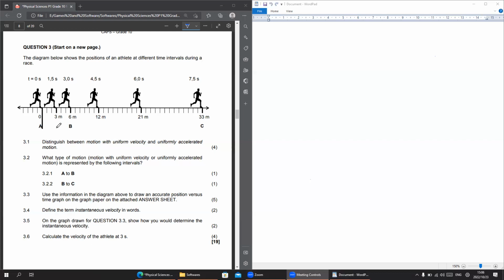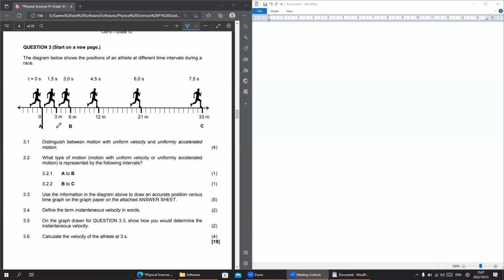So Hendrix, are you aware of how to determine whether someone is accelerating or decelerating? Can you explain the difference between uniform velocity and uniform acceleration, sir? Sorry? So can you explain the difference between uniform velocity and uniform acceleration? Okay, so